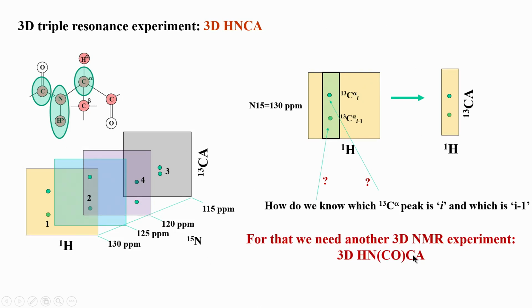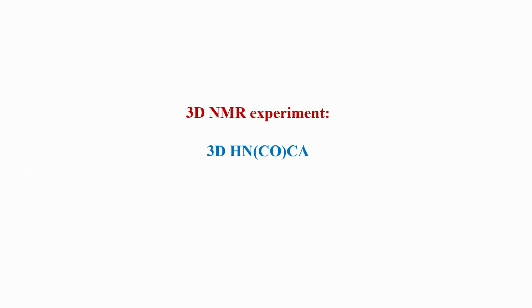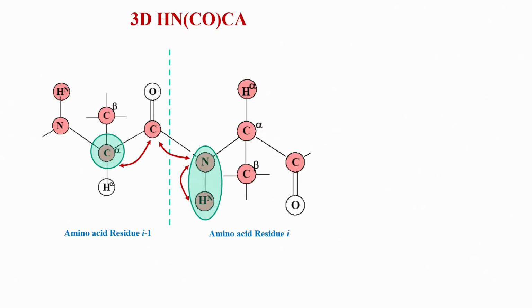As I said, there are about 6 or 7 important NMR triple resonance experiments which we will be looking at in this course. So, the third triple resonance experiment we are going to look at is 3D HNCO-CA. What is the advantage of 3D HNCO-CA? Let us have a look. What information do we get? In a 3D HNCO-CA we correlate the chemical shift of nitrogen and amide proton of one residue I to its neighbor I minus 1 C alpha chemical shift.